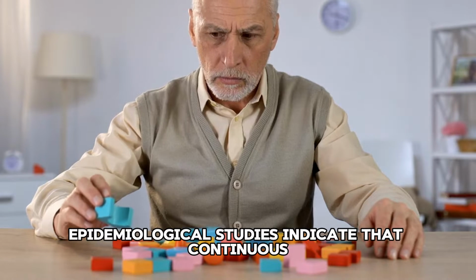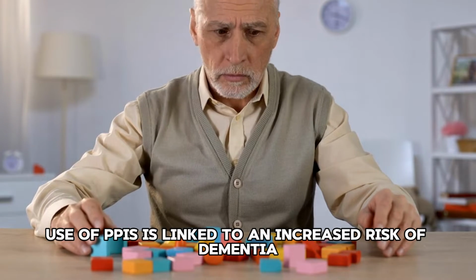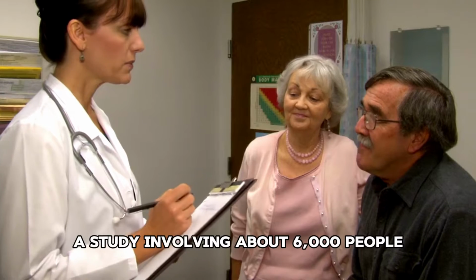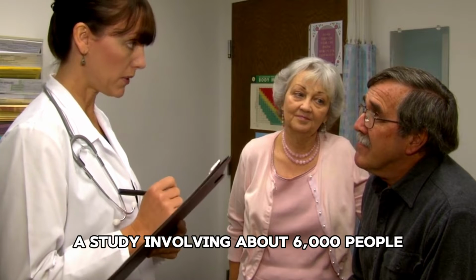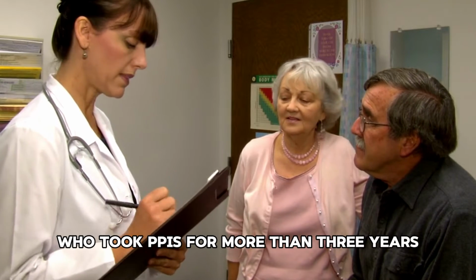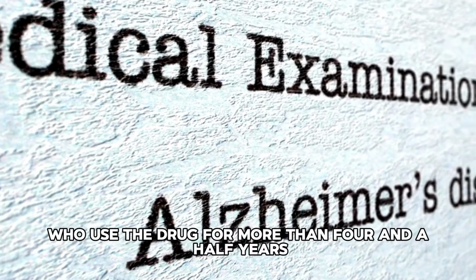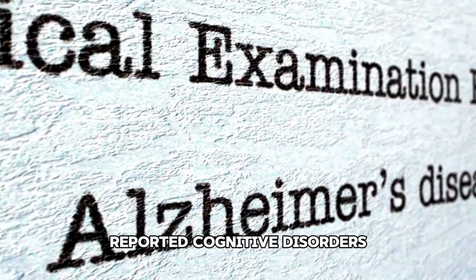Epidemiological studies indicate that continuous use of PPIs is linked to an increased risk of dementia and memory loss. A study involving about 6,000 people showed that 10% of participants who took PPIs for more than 3 years suffered memory loss. Another study found that 33% of patients who used the drug for more than 4.5 years reported cognitive